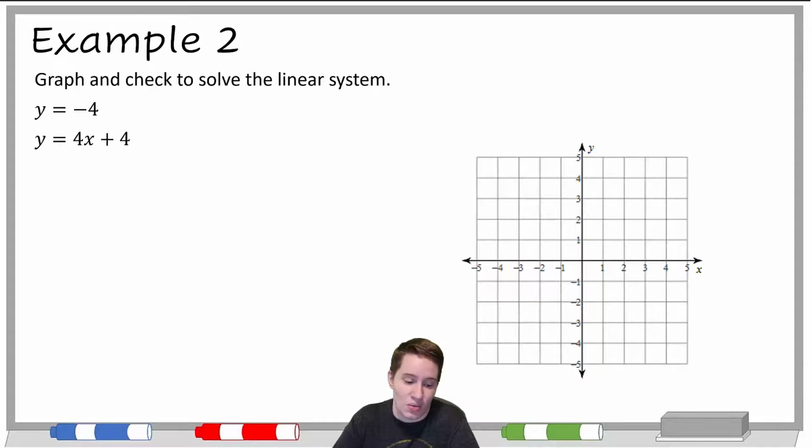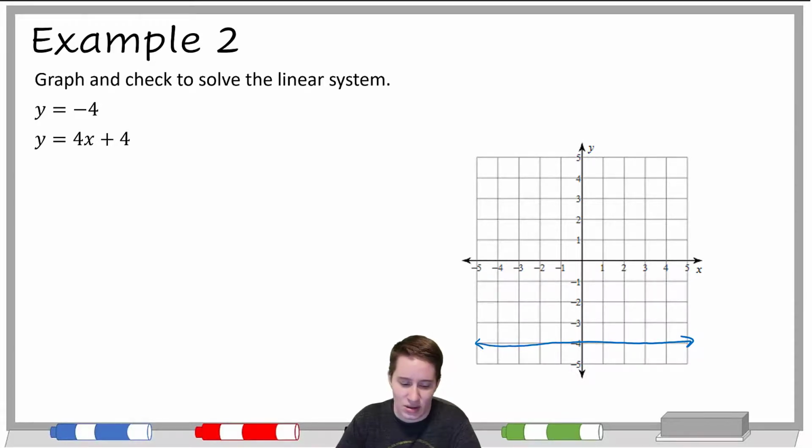Example 2. Y equals negative 4 does not have an x in it, and so remember that y equals a number is a horizontal line. So since it says negative 4, it's a horizontal line at negative 4. You can make dots on all these points, or I think when it's a horizontal or a vertical line, I think it's easier to just tell where they intersect without having to make points, but for any other line,